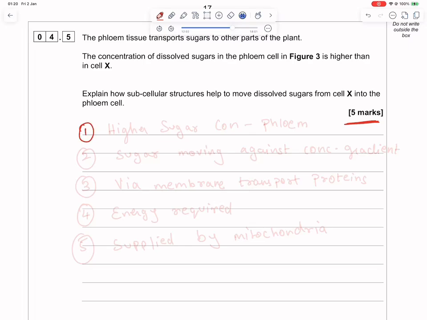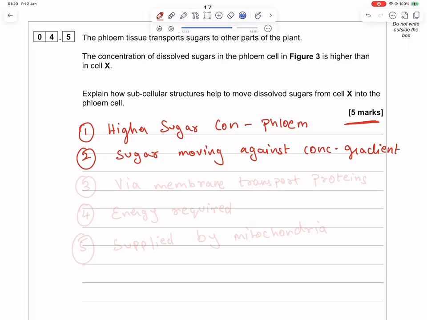Point number 1 is a higher sugar concentration, and we have that in phloem. Then we talk about how the sugar is moving against the concentration gradient. Now, this is a very important phrase, and I want you guys to make sure you use that in the